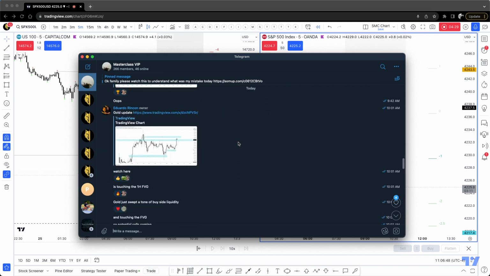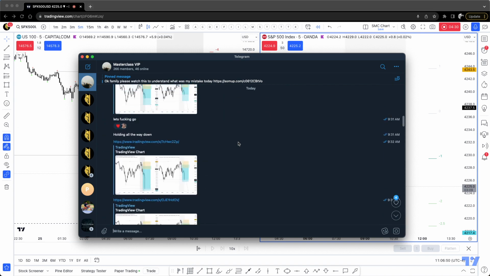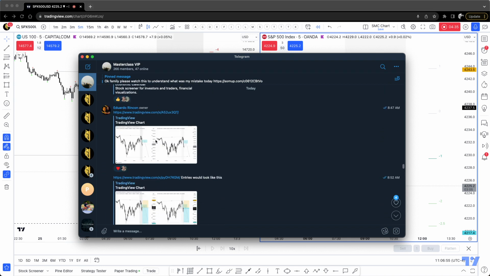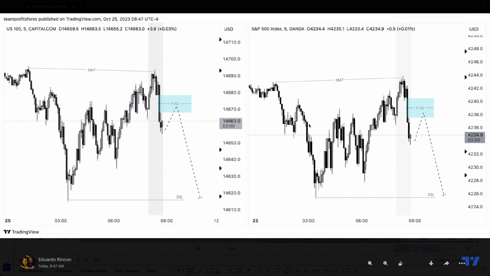Okay. And let me show you the entire pictures and everything right here, because I sent them to the team before this thing started moving right here. Look at that. So this is when I sent the first entry. When I send something like this, that already means, guys, we have a fair value gap. We have displacement to the downside. We're showing market structure shift right here. Market structure shift right here. Nicely done. So expecting that pullback to then continue to the downside.